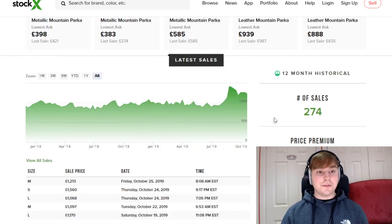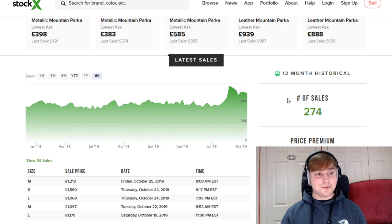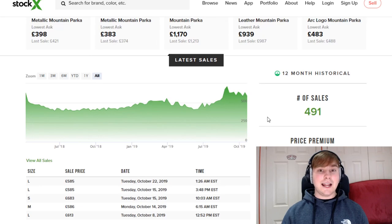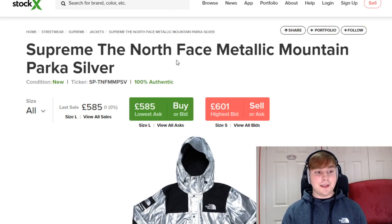There haven't been a lot of sales, as you can see as well. It's only had 274 sales, which is really not a lot at all. When you compare that to the metallic mountain parka, which has had nearly 500 sales, it's a complete difference. And just because of the style or the design, I think it really affects the